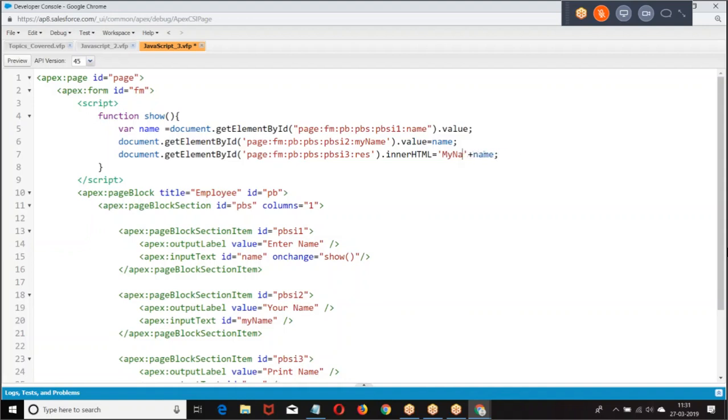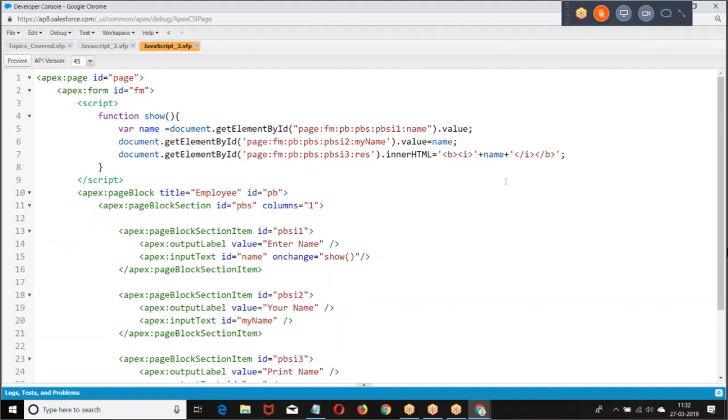Or else I will give bold, inner HTML. If it is an input, dot value.